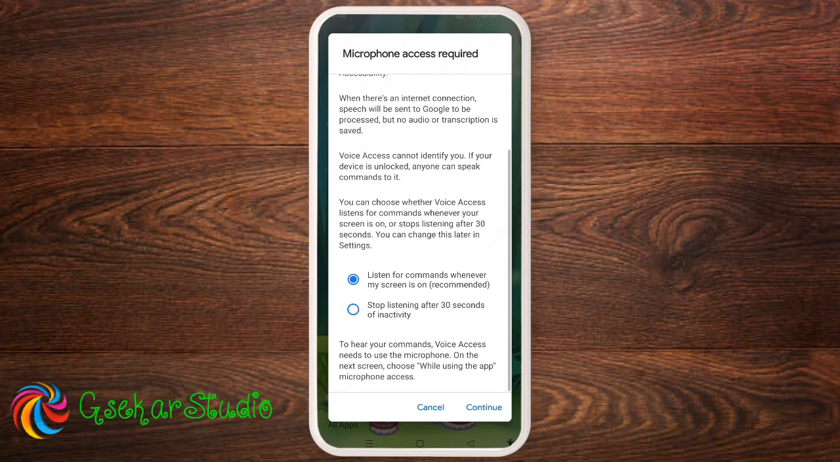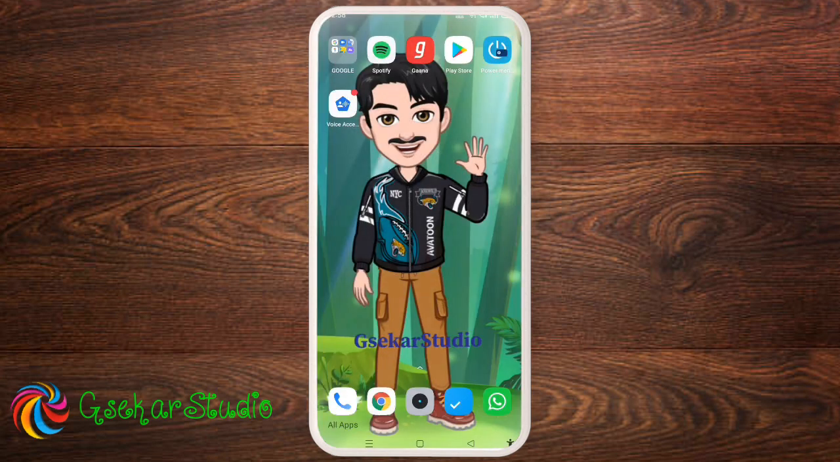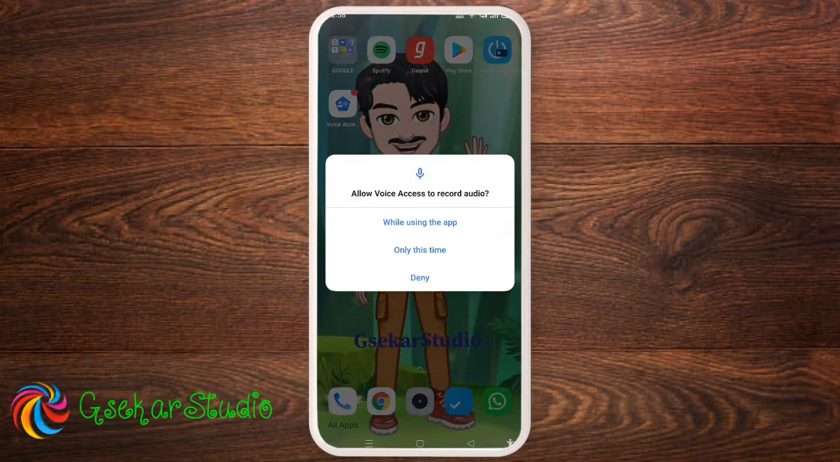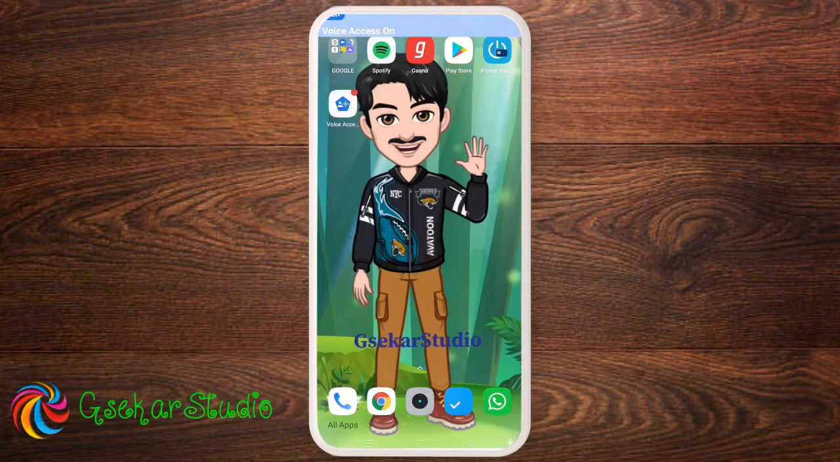So I'm selecting this option, click continue. Now the permissions for recording audio, so I'm choosing the relevant permission. There you can see in the top it's already started working, right? Let's see. I'm going to say open camera,